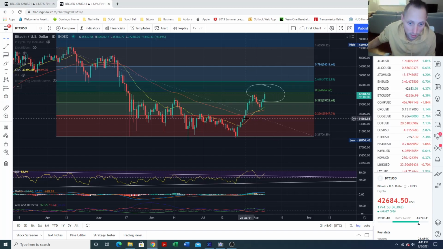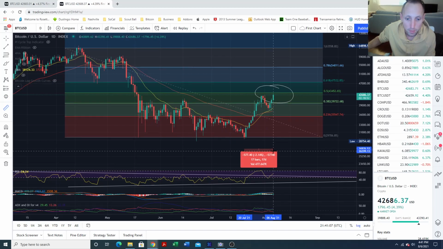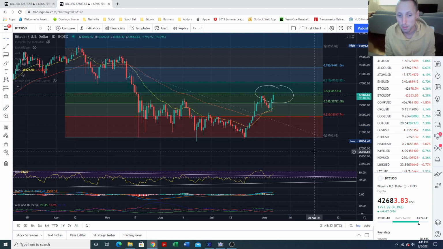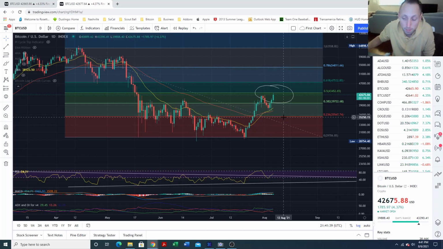I know it's had a lot of days in a row of going up. What do we got here? 17 bars. 4 of those days were down bars. So it's had 13 out of 17 days of just really good movement. If we just take the bottom to where we are right now, it's gone up 45%. So it's in a really good spot right now. It's created a golden cross. It looks good. It does look good. But this is an important level right here.